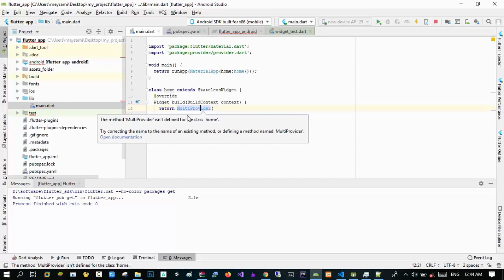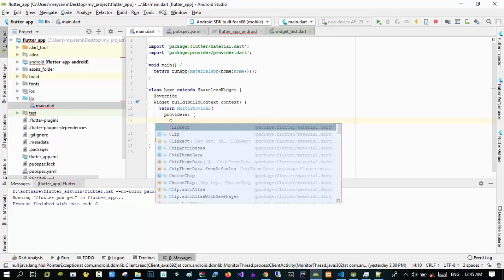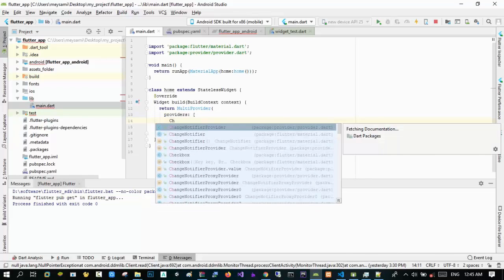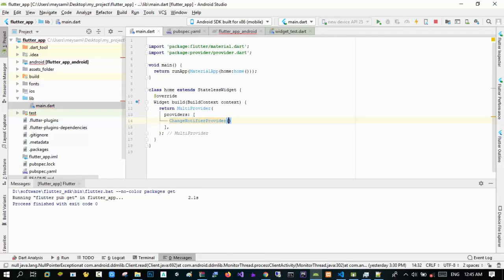First, I should select it and then press Alt and Enter to import provider library. Then I select its providers, which is an arrangement, and then I have to retrieve change notifier provider class, and there's a method inside it which is called create, and I retrieve create,